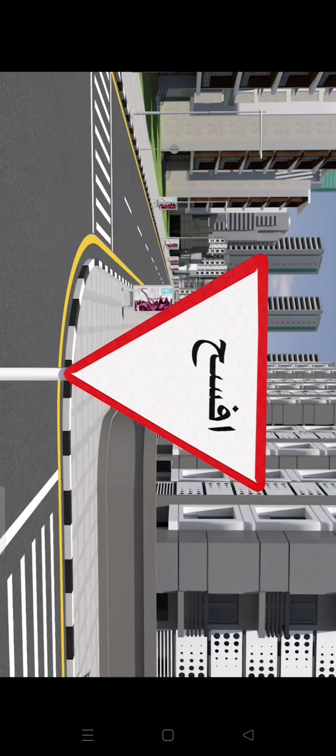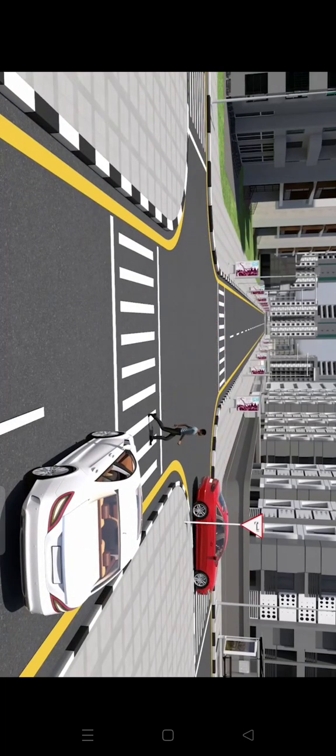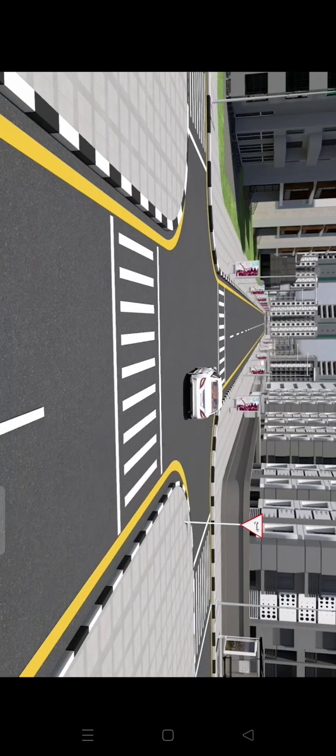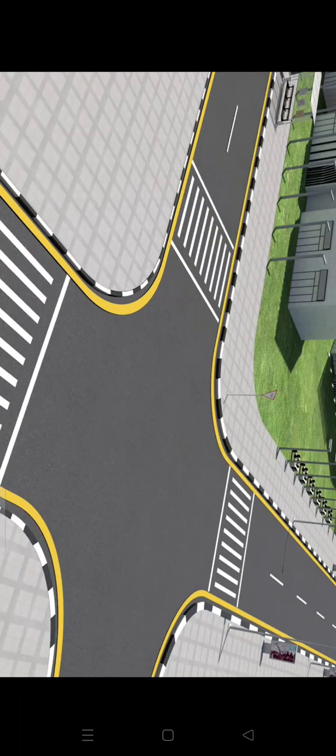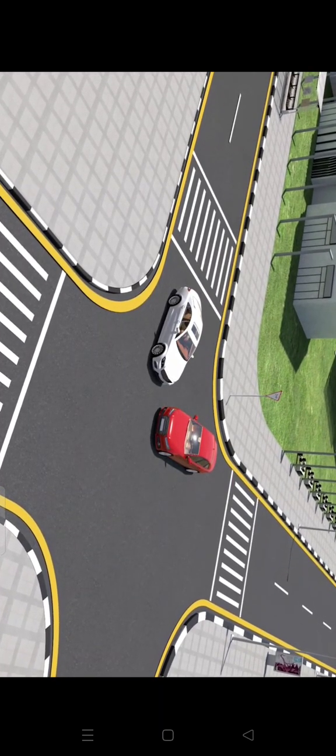Give way sign and mark. When seen, you have to give way to other vehicles and pedestrians, and at the same time, keep a safe distance before driving. Failure to stop and give way for other drivers when you see the sign ahead is one of the main reasons behind having accidents.